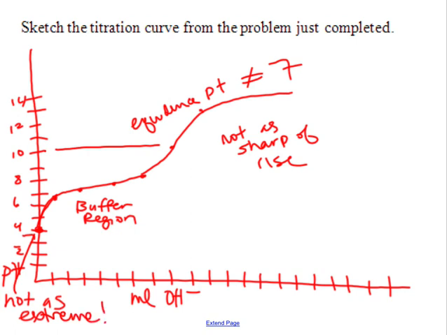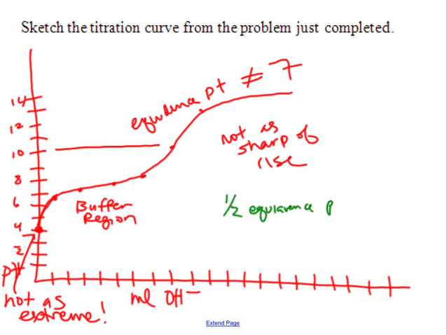Not as an extreme start. Okay? Now, there's one other piece of information about this that's really important. That only exists for weak-strong. This does not exist for strong-strong. And that's something called the half